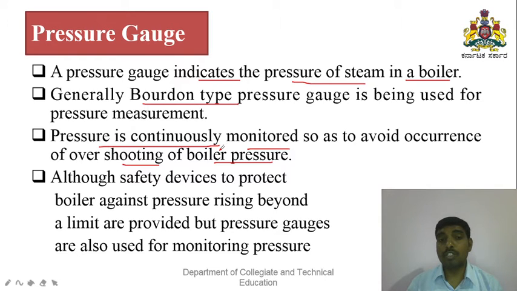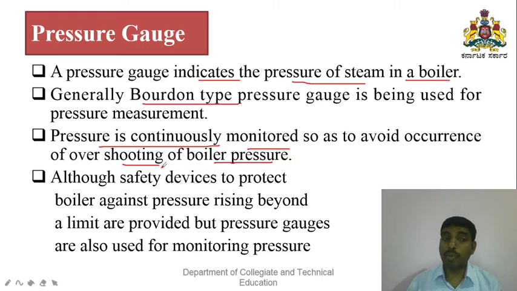If the pressure increases, temperature also increases, so ultimately it will lead to some damage to the tubes, as well as a possibility of explosion due to the high pressure in the steam boiler if it exceeds the pressure limit. For that purpose, we should keep an eye on the pressure produced in the boiler for the safe functioning of the boiler.